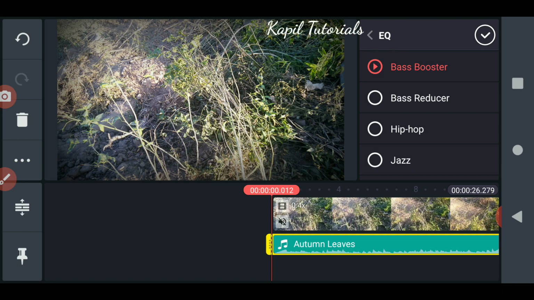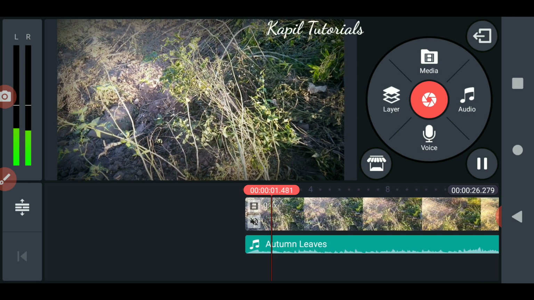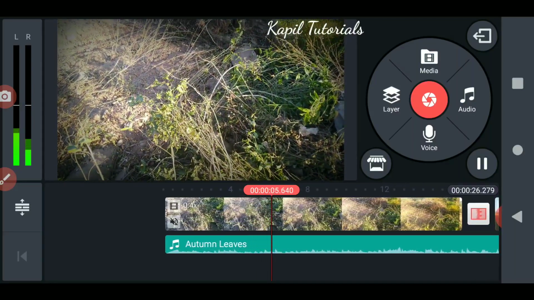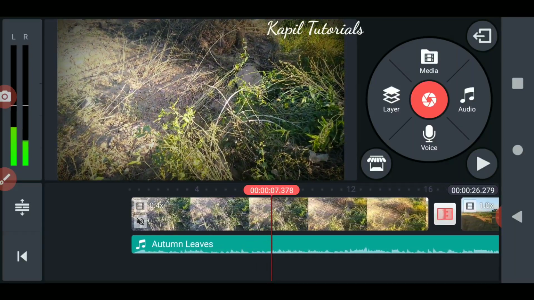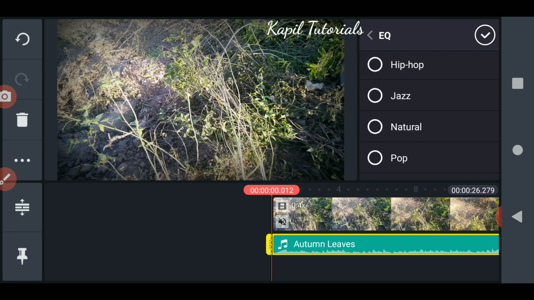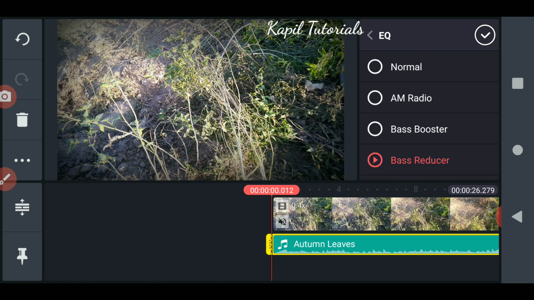You have listened sometimes when you are hearing beats, the beat comes more. That is the bass effect. I'll reduce it. So if there is a drum sound, that will be reduced. So I'm using the second option. Many are there, so you can try them. I'll make it normal.